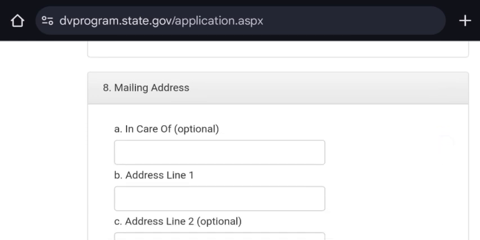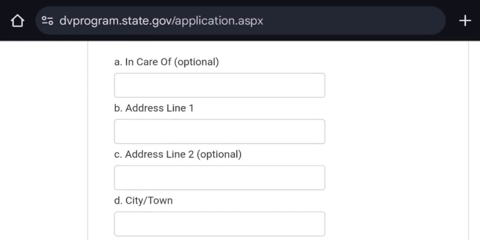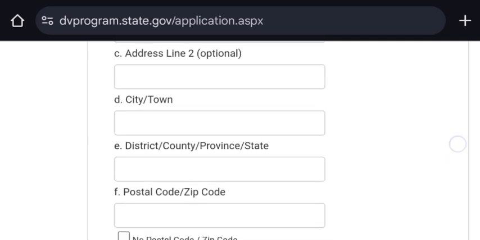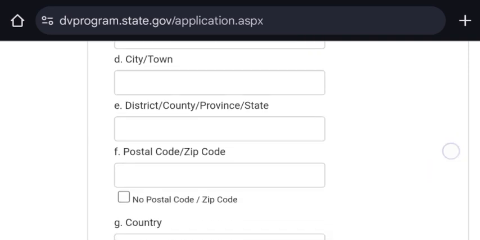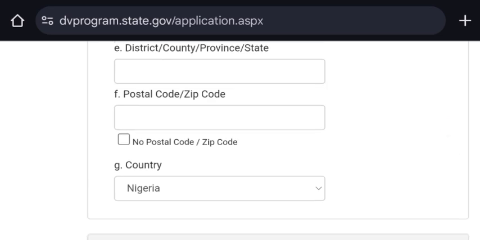Mail address. You have to put all your contact, in care of, which is optional. Address line 1, address line 2, city or town, district, country, province, and state. Postal code, zip code if any. If you don't have any postal code or zip code, you have to select in the box.